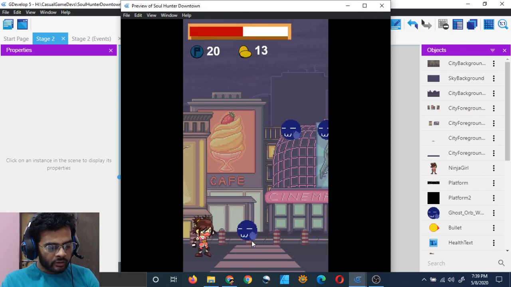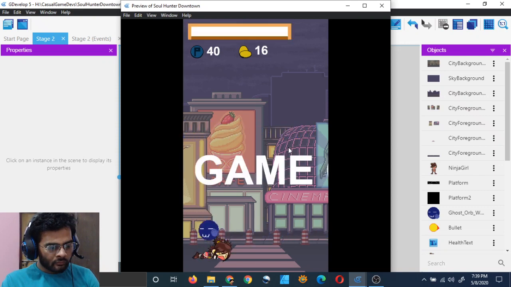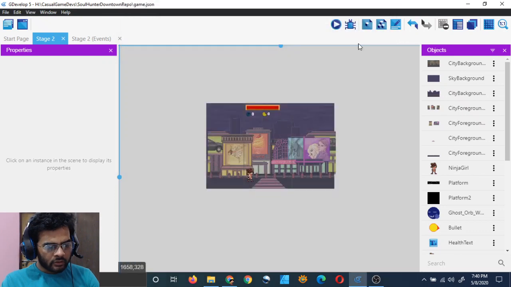It's working, but we need a more powerful power to kill these ghosts because they are stronger, and we are absolutely taking a beating. So that's not good. But it's okay, because by the time the player is able to advance to the second stage, they will have gained a lot of power-ups.